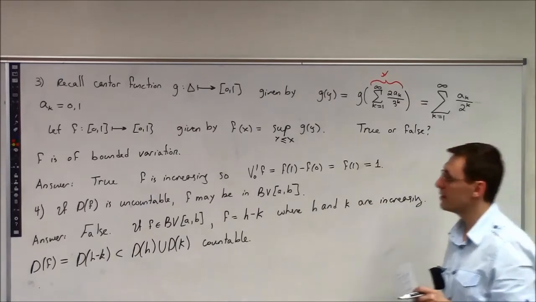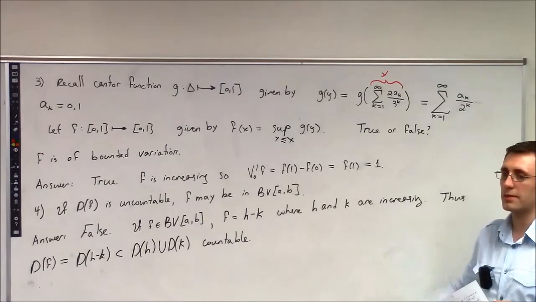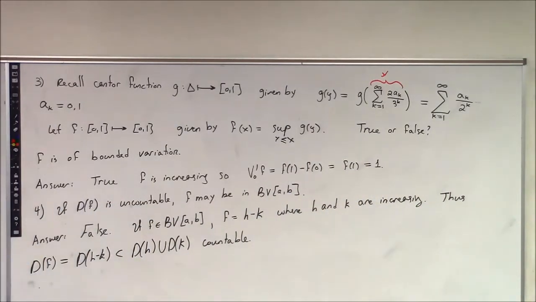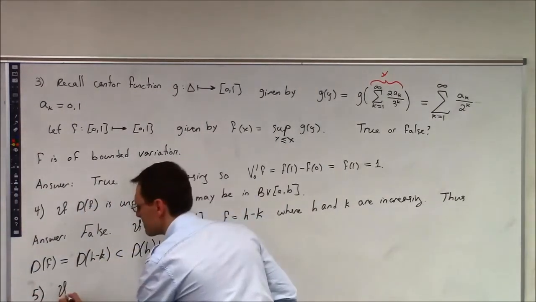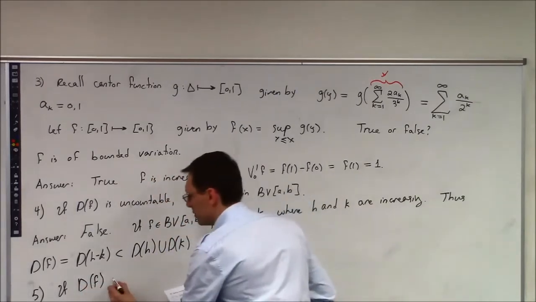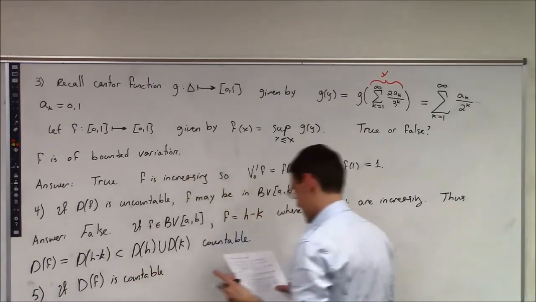Okay. So this is just to remind you that a lot is known about them. They're always the difference of two increasing functions. Let's try to then reverse this, right? So what happens if I say 5? Now I'm going to say if the f is countable, does it mean